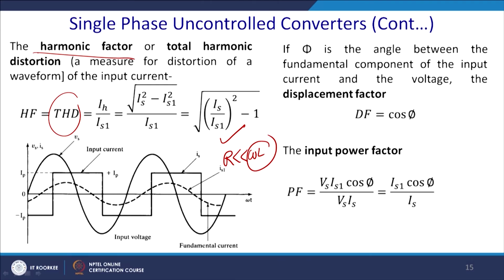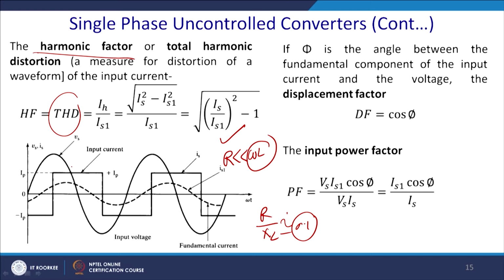Generally, if the ratio R by XL is around 0.1, then we can say that the load current through this load is almost constant, and the input current will have this kind of profile,